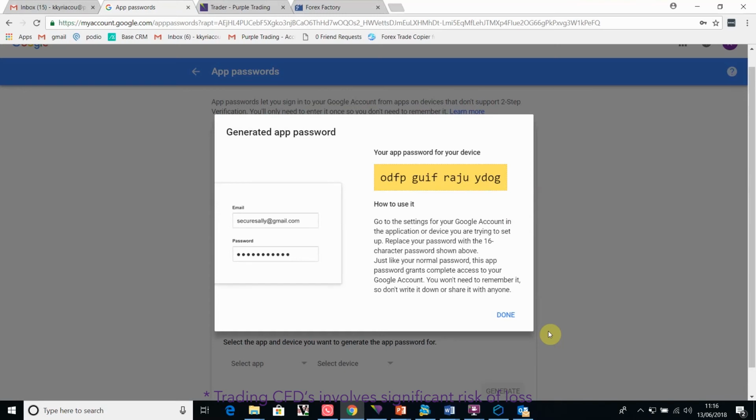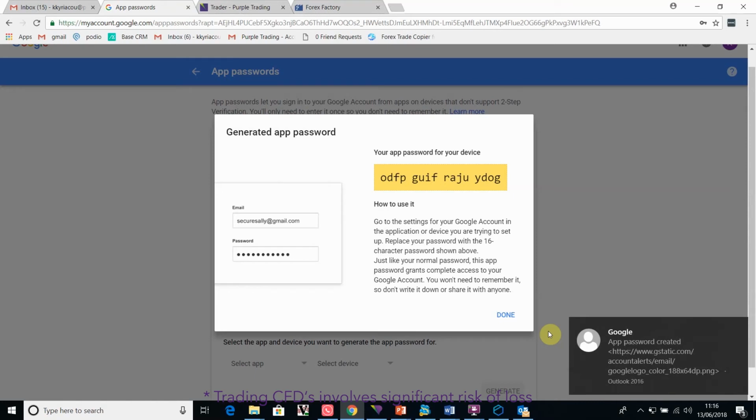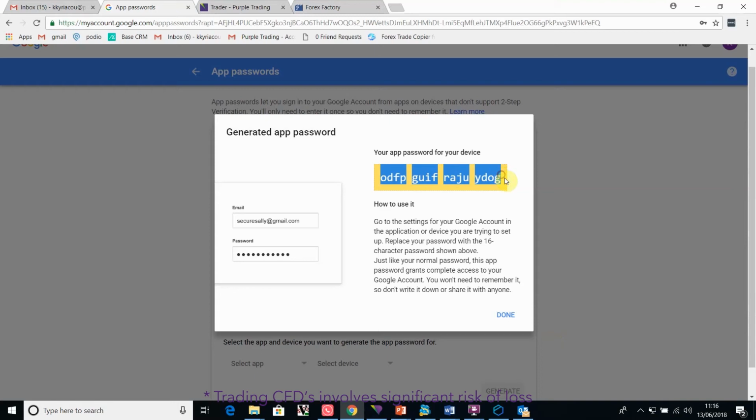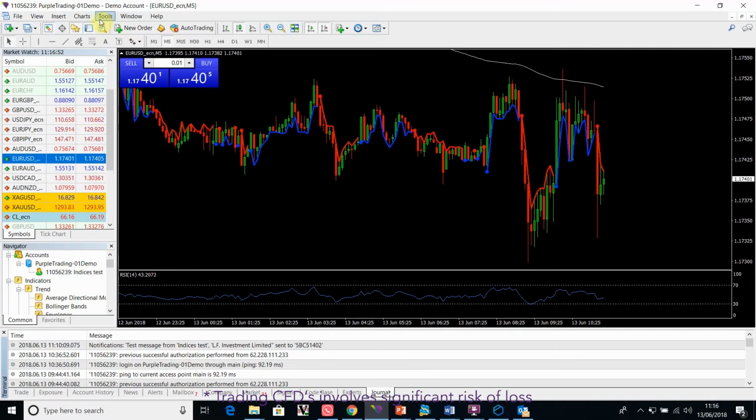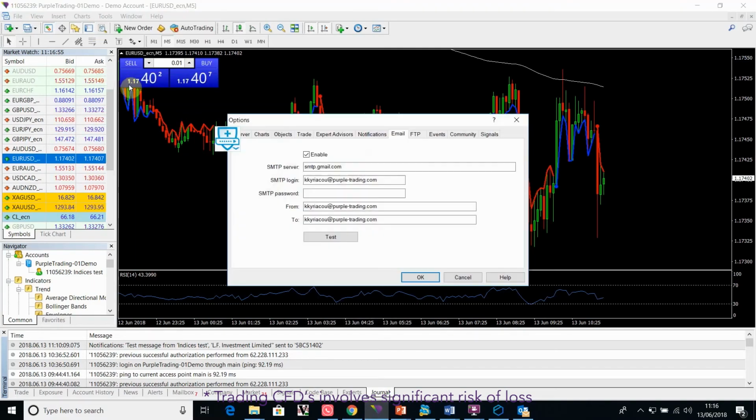So it's giving us a password that we're going to need to set up the email notifications. And this is what I was alluding to on the MT4, a 16-digit password. And very simply from here, I also got a message from Google saying that the password was generated successfully. So this is legitimate. I'm going to copy this very simply. And then I'm going to move over to Desktop MT4, Tools, Options,